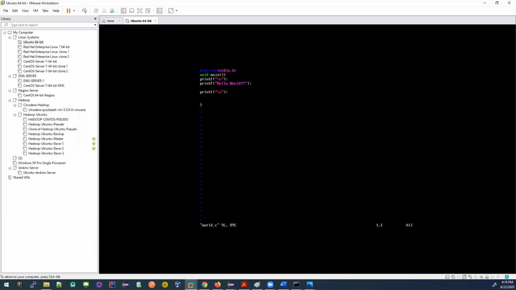So this code is written in a file. I save it in a file. This is my source code. Now, my source code needs to be compiled. If I don't compile, I cannot execute this file and it will never print out hello world.